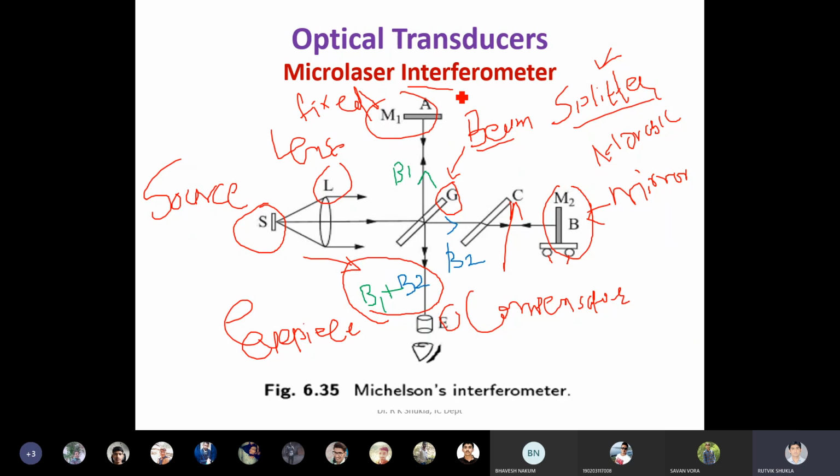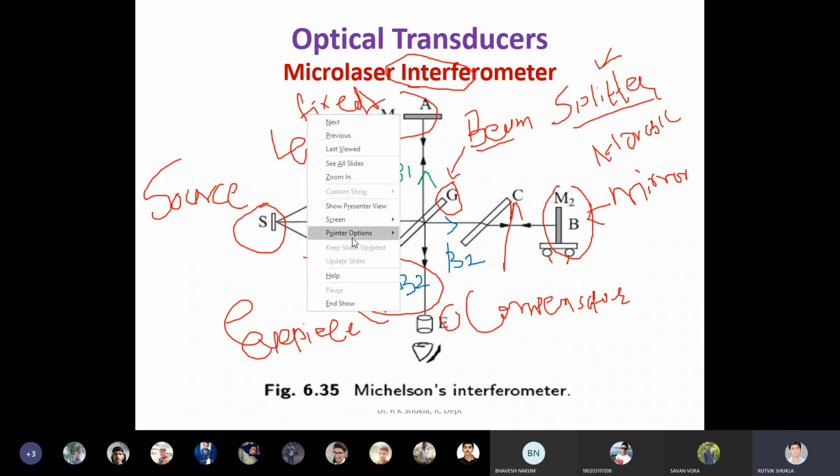આપણે વાત કરી, interferometer is based on the principle of interference of two light beams. So with this method, with the help of a single light beam B, with the help of the beam splitter, it has generated the two light beams, and these two light beams again it has mixed over here, and ultimately it falls on the eyepiece E. Clear? This is the entire mechanism. હવે આપણે ડિસ્કસ કરીએ કે કઈ રીતે કામ કરે. Let's see how it works.